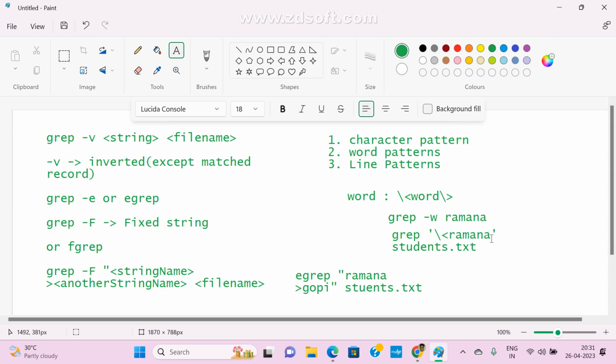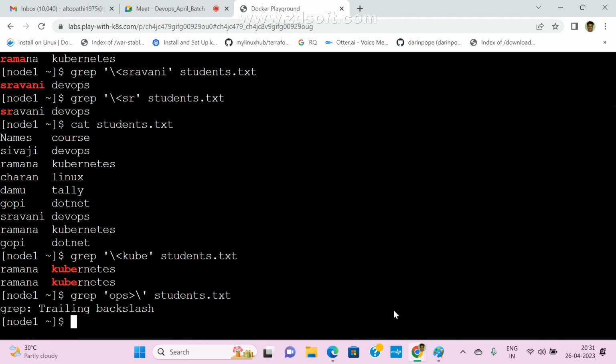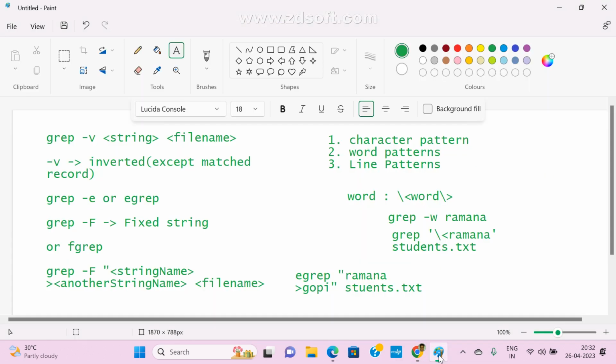For the end, we use slash greater than. Now see here, this is the end, and this is the syntax.